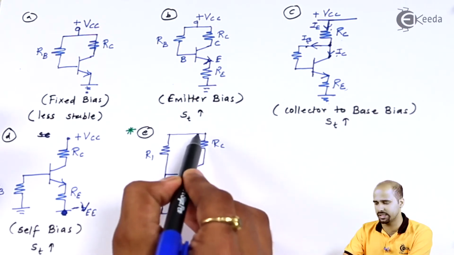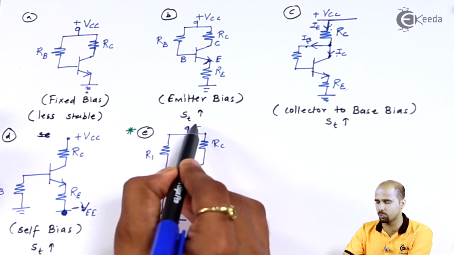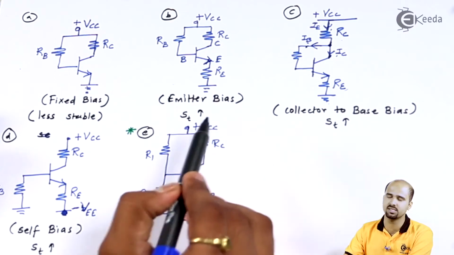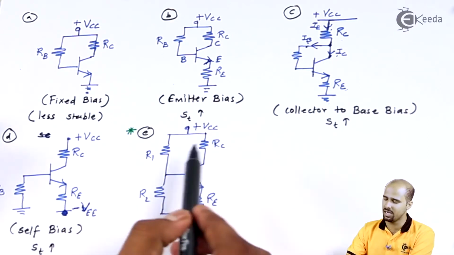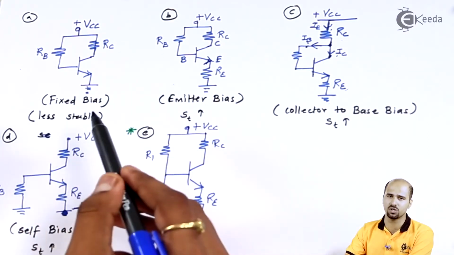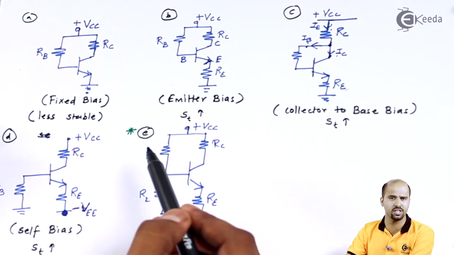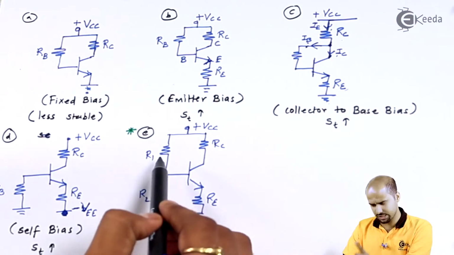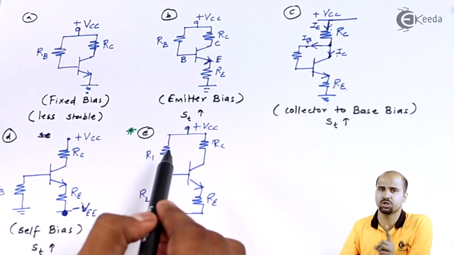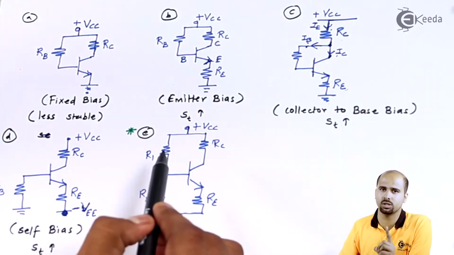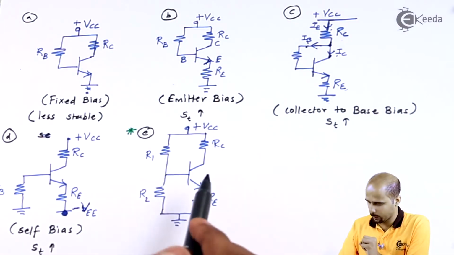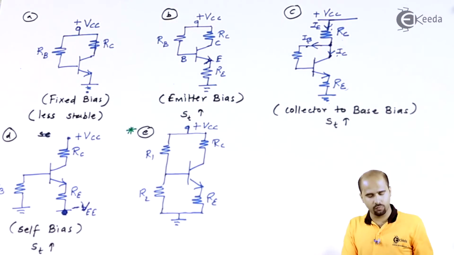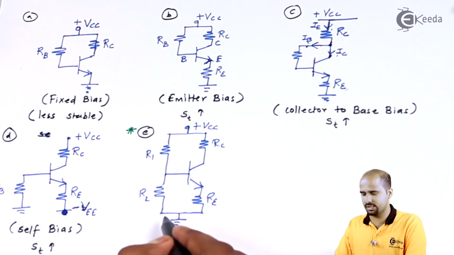Here I have shown it is connected together and applied to positive supply of VCC, but that is not always true. I can say that RC is connected to the positive VCC1 and R1 is connected to another positive supply voltage, positive VCC2. So you make sure which resistance is connected to which value of external DC supply voltage. These are nothing but the 5 configurations of DC biasing